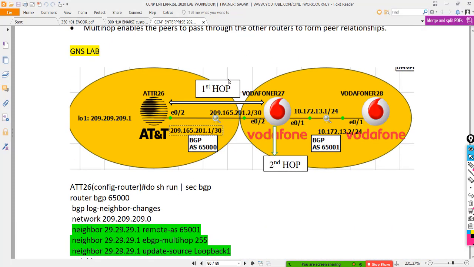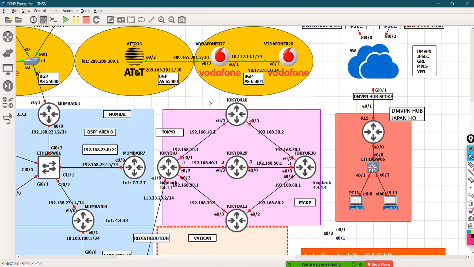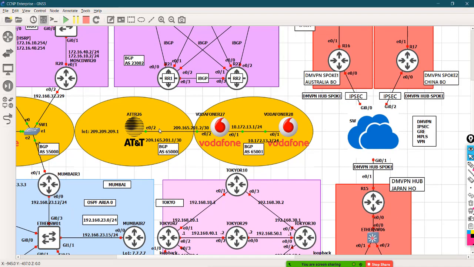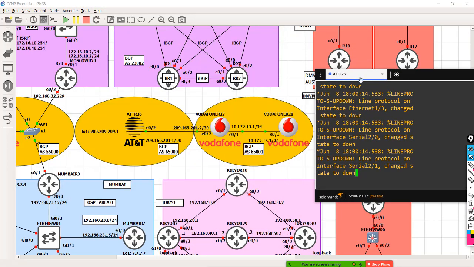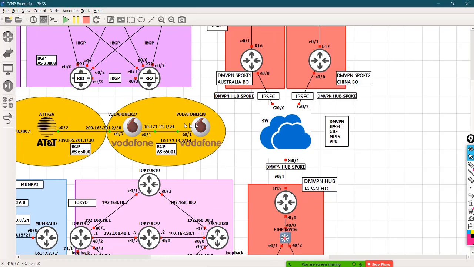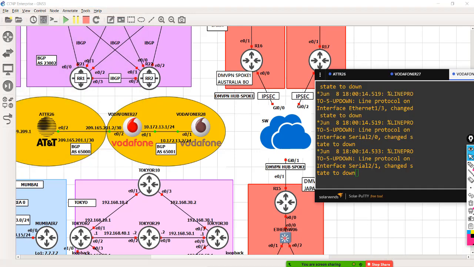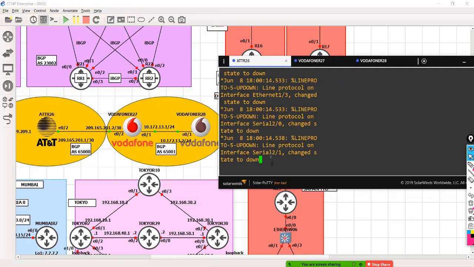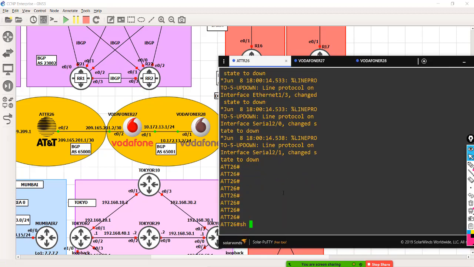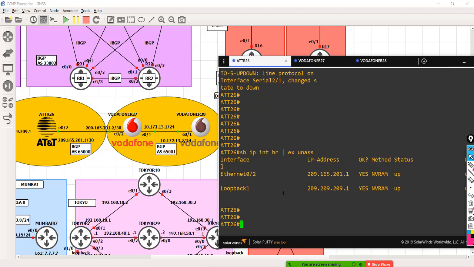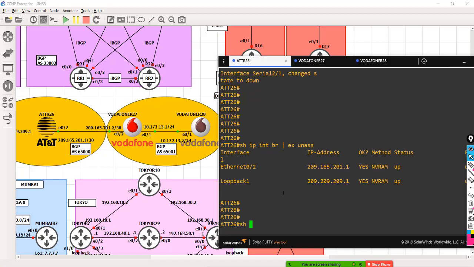So let's do the first lab. I'll open up these routers. Let's see, what do I have here? I have IP addresses. Do I have BGP?